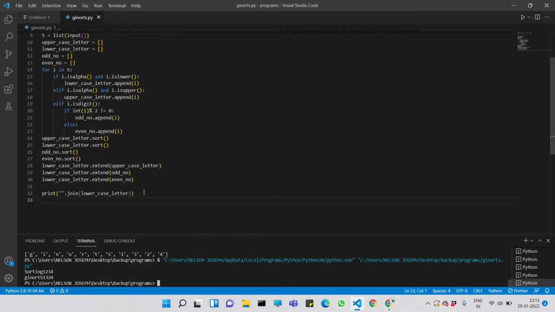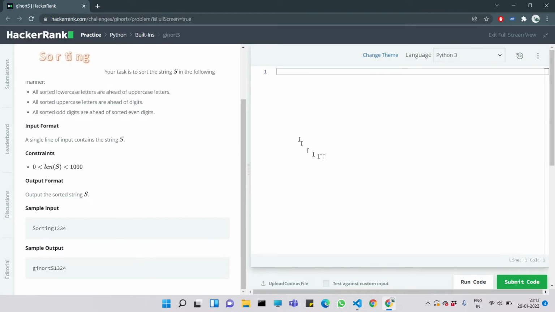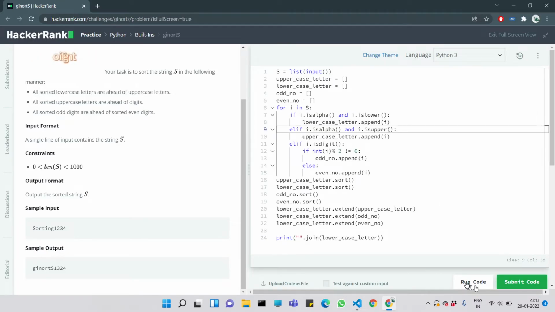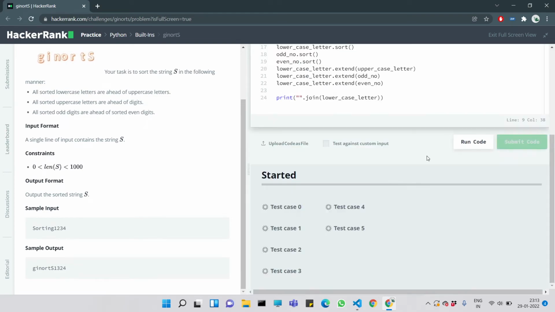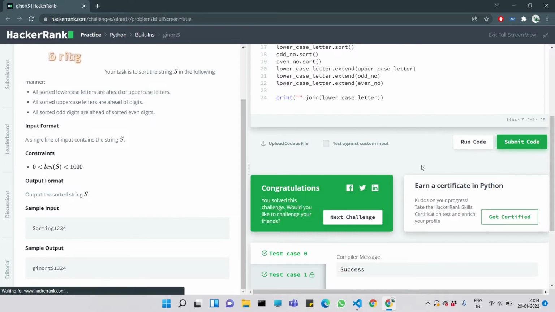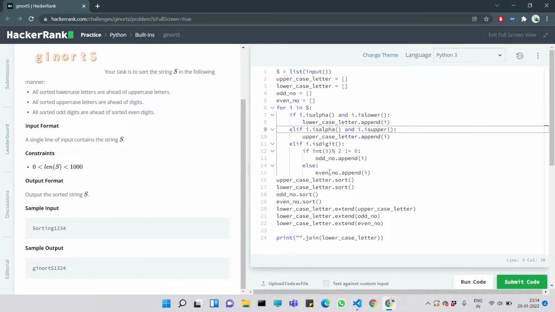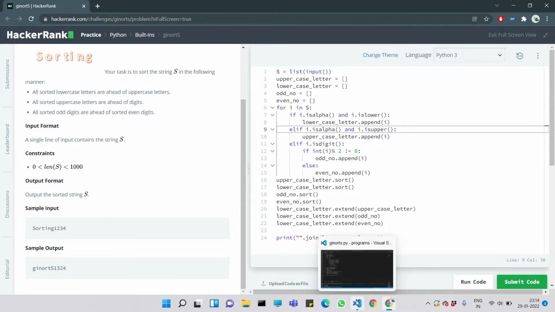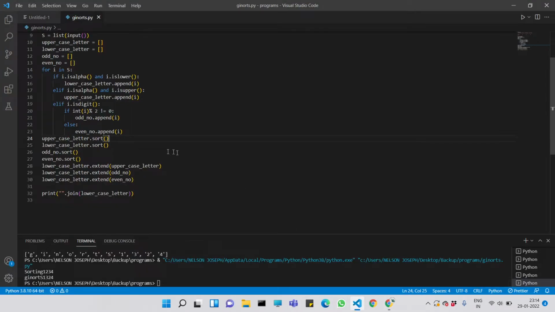Okay, now let's try this code. Okay, so uploading it. Okay, now we got it correct. Then what about this one? Okay, we finally got it correct, so all test cases got passed. But there is actually some problem with this code. This is the first solution that I did, but